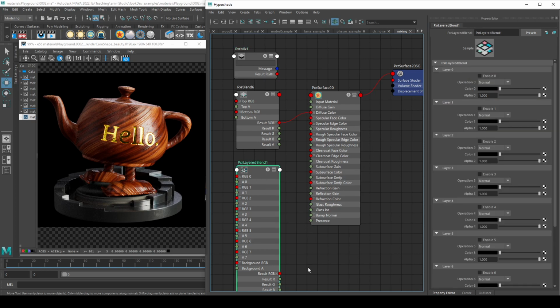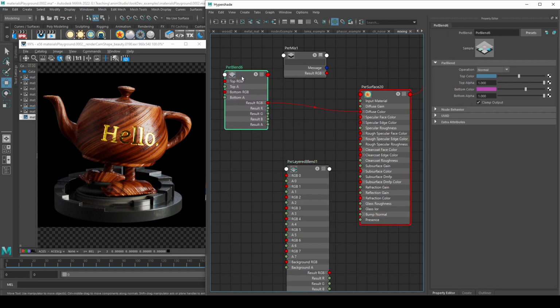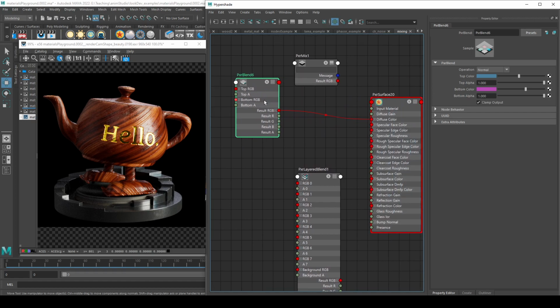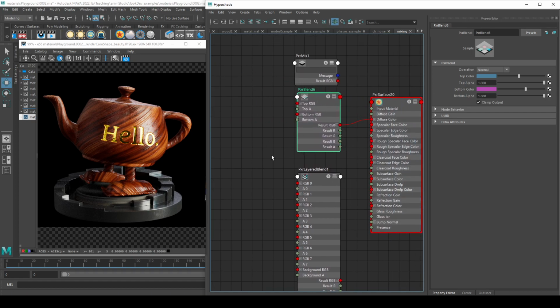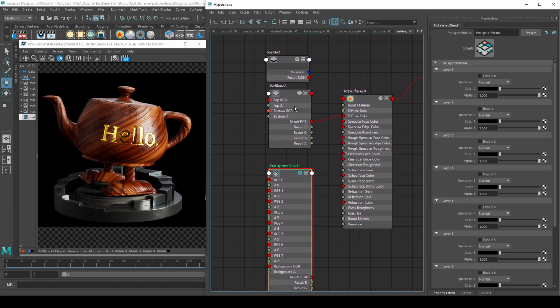And then we have this Phasor layered blend. So this would be like, if I had like 6 different masks and I wanted to change the color between each for like 6 different areas on my model, instead of having to bring in 5 different blend nodes and daisy chain them together, this just essentially lets you combine a bunch of blend nodes together and set their alpha value and blending modes together. And you just want to go ahead and start enabling them based on which ones you're using. It's a little overkill most of the time. You're probably not going to use this very often, but it's there